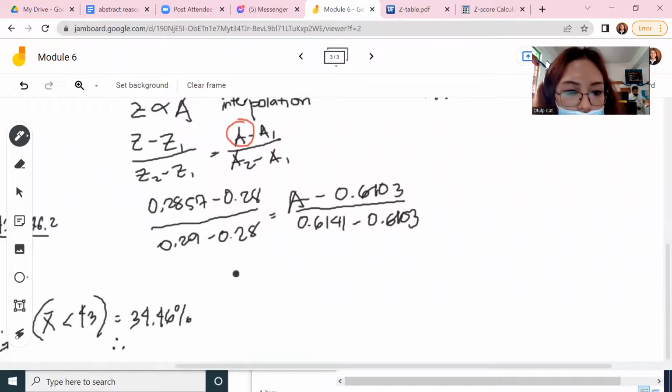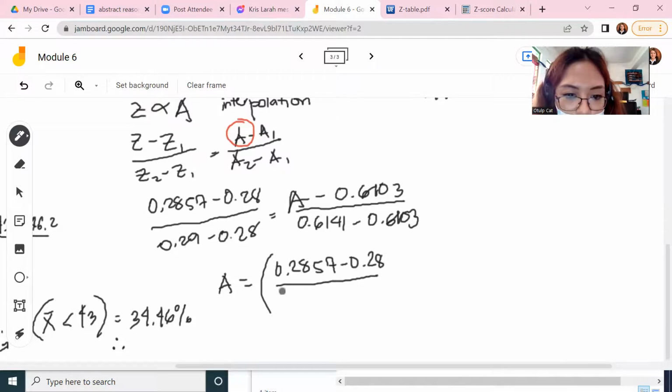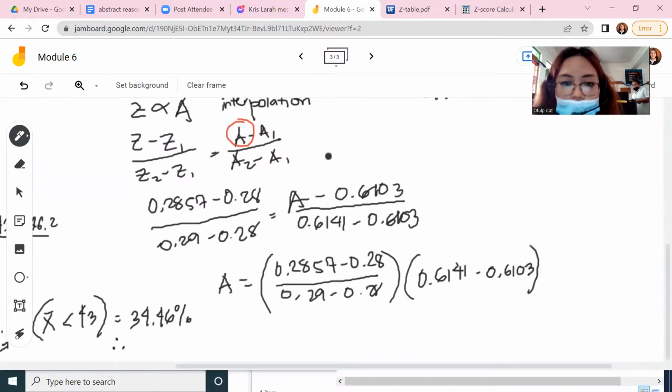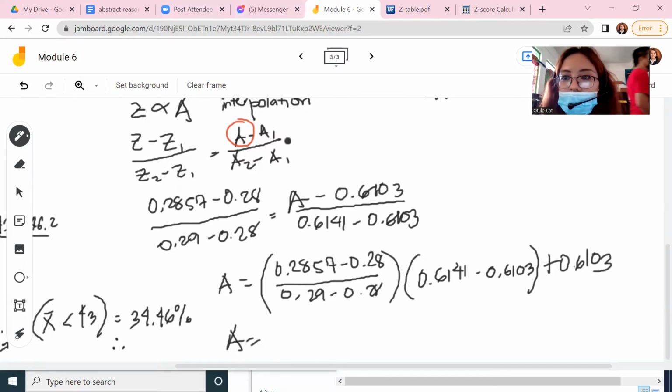Now we express it in a way that the area is on the left side. So 0.2857 minus 0.28, over 0.29 minus 0.28, multiplied by 0.6141 minus 0.6103. Then since I moved it to the other side, we add 0.6103. If you calculate this,